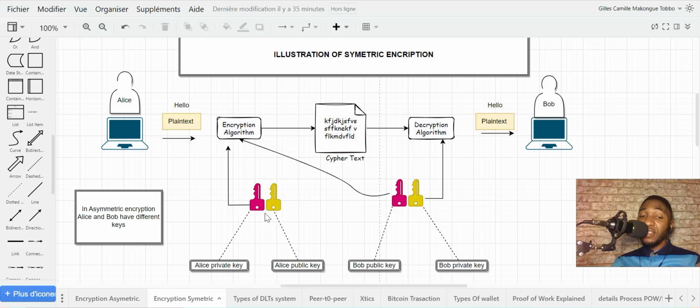So Alice is going to sign the message, or encrypt the data via her private key, and she's going to take Bob's public key. Once it has passed through the encryption algorithm, we have what we call the ciphertext that we saw in the last section. And to decrypt the data, Bob is going to use his private key, and it's going to work because